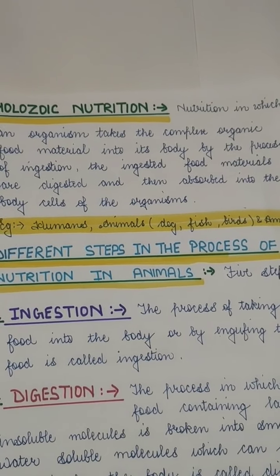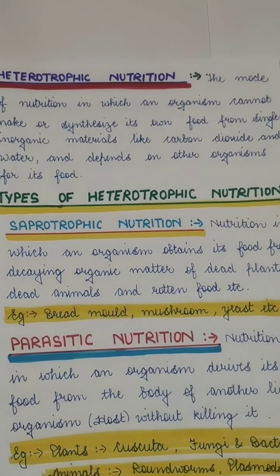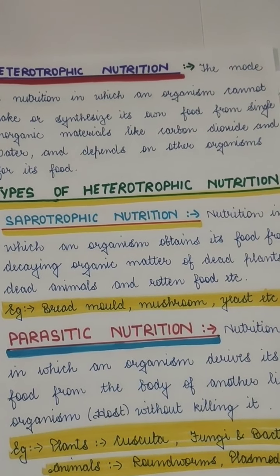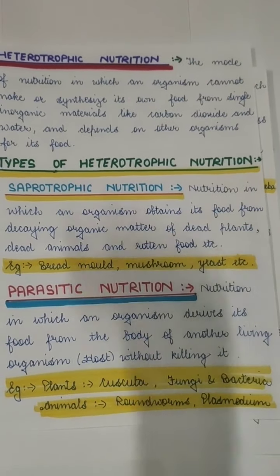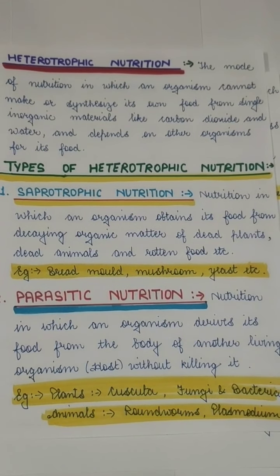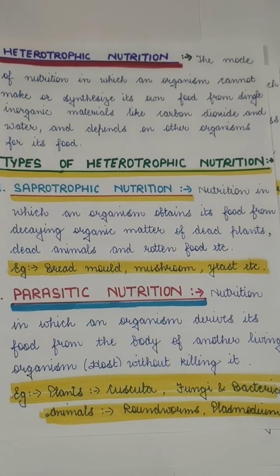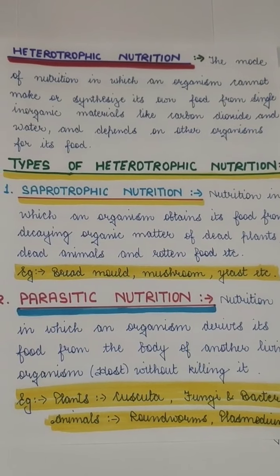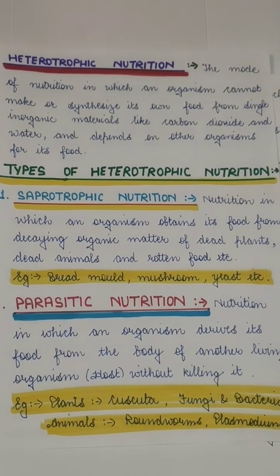But in the case of saprophytic nutrition and parasitic nutrition, the food is not being eaten up by the mouth or by the body. It is not being digested. These organisms directly get the food which is already in the digested form, so they just absorb the nutrients from their host. Some of them are unicellular, or they don't have a perfect body or mechanism, so they just have